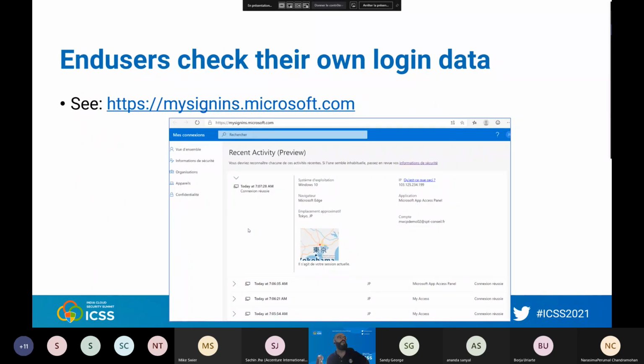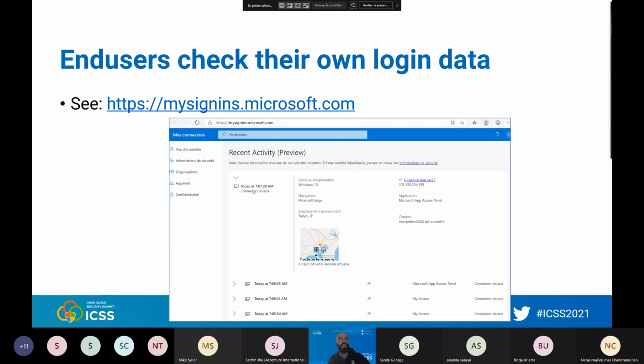Regarding connections, what is very interesting, and it's something we have had for 1 or 2 years now, is that if you see suspicious connections in the connection logs, you can directly ask your users to go on this link, and they will see all their connections over the last 7 days.